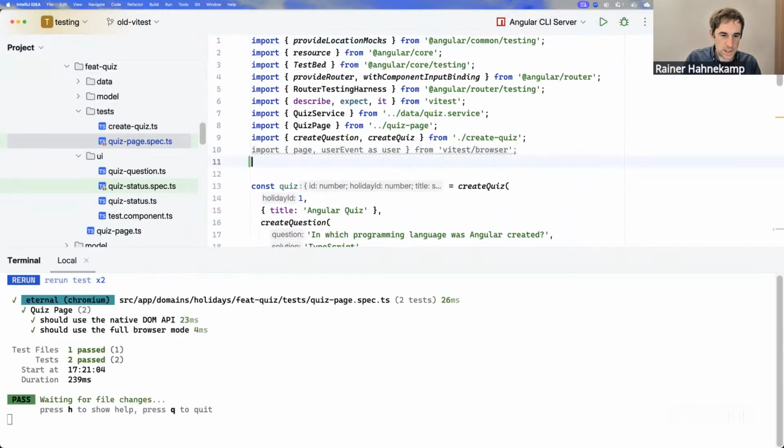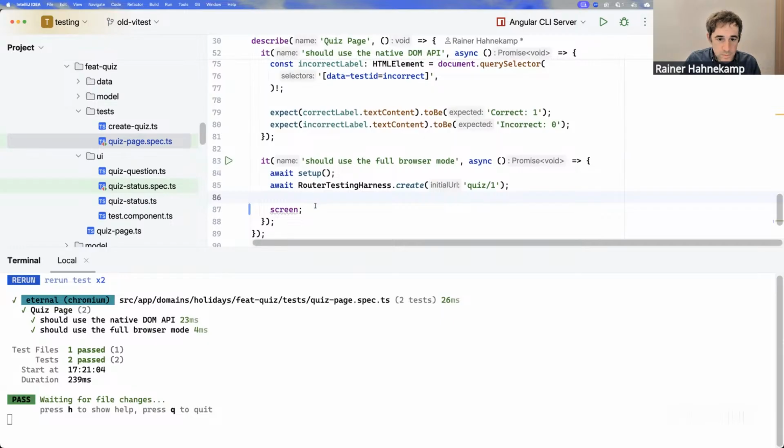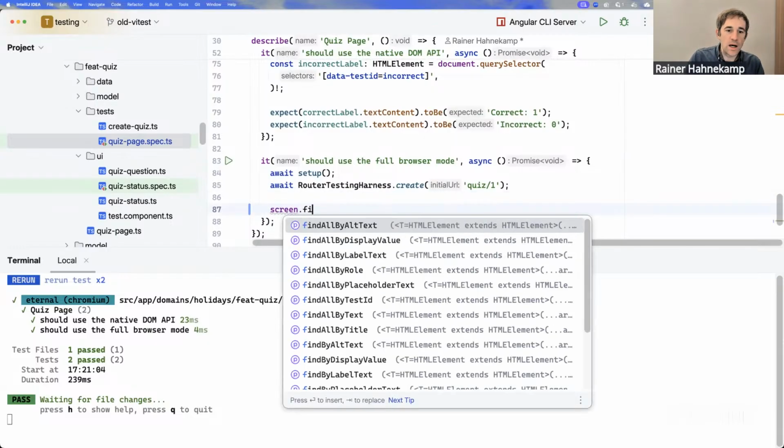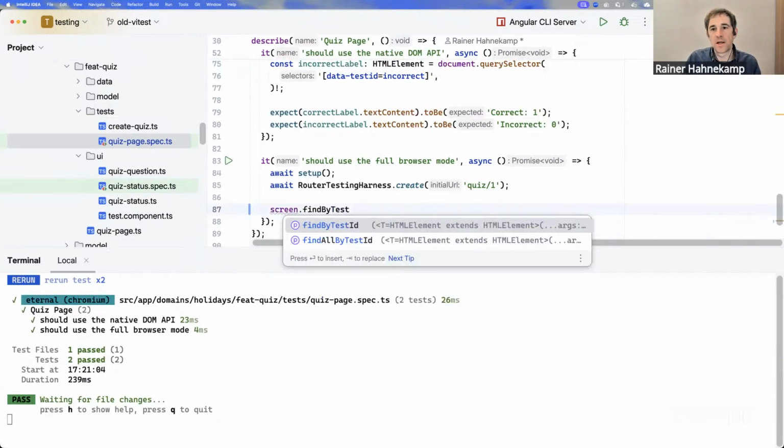So I would say here, import screen from testing library Angular. Yes, it's the correct one. And with that screen, I could now use, for example, a find by test ID, which in the end would allow me to do the same thing that I've done before, namely what document query selector is doing, selecting elements via the data test ID. But there is now also an alternative approach, namely that the testing library says, look, I